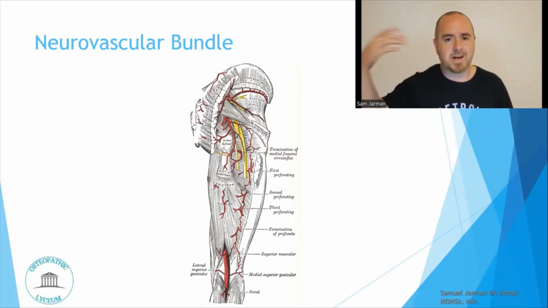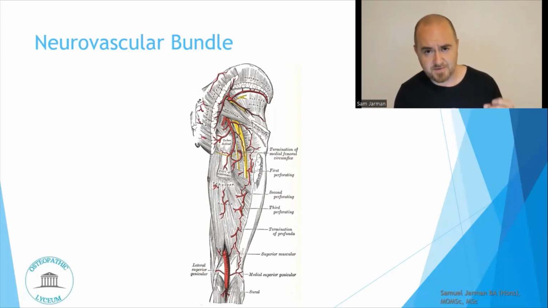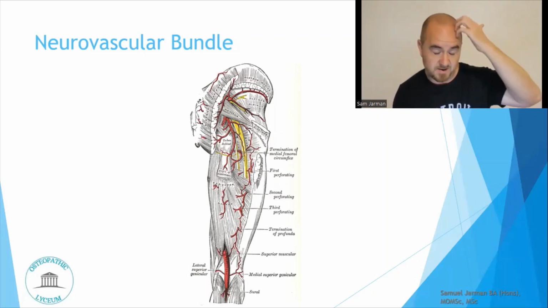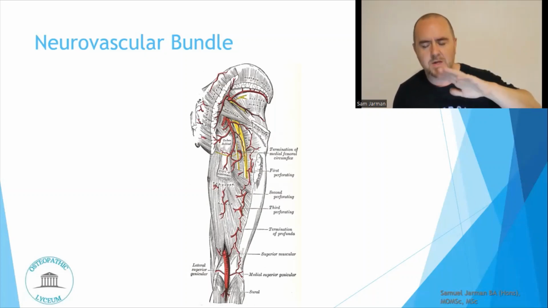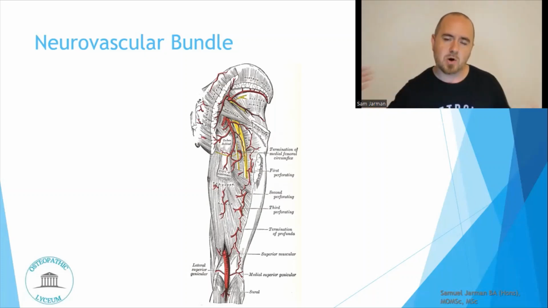You're still looking at the anterior and medial compartment of the thigh, but then you're also looking at the posterior compartment of the thigh as far as the vascular bundle is concerned. So again, this helps us make the case that if you're considering the neurovascular bundle, then you're going to have to go to the lumbar column, the anterior, probably the abdomen, maybe to some degree, but really the inguinal region. You're looking at the anterior compartment of the thigh, the medial compartment of the thigh, the posterior compartment of the thigh. So you're looking at all these areas just for knee flexion,